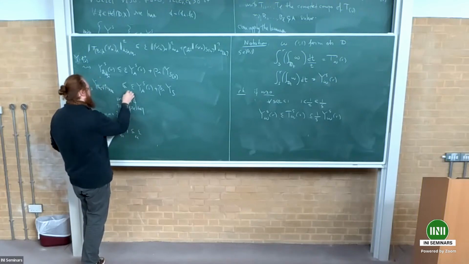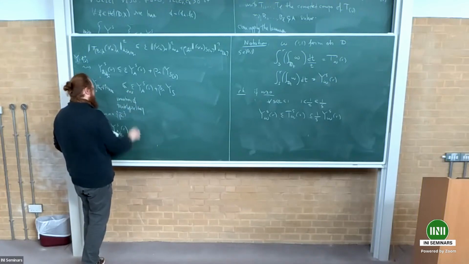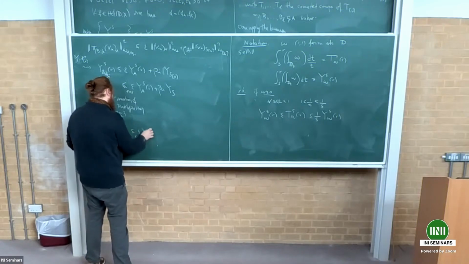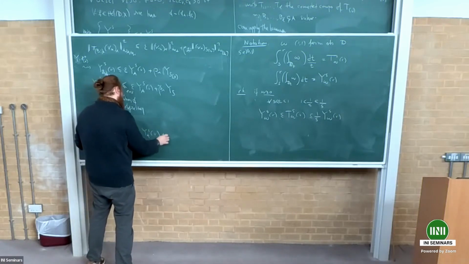And so here, I should write, when you apply the tautological inequality, you have some exceptional set